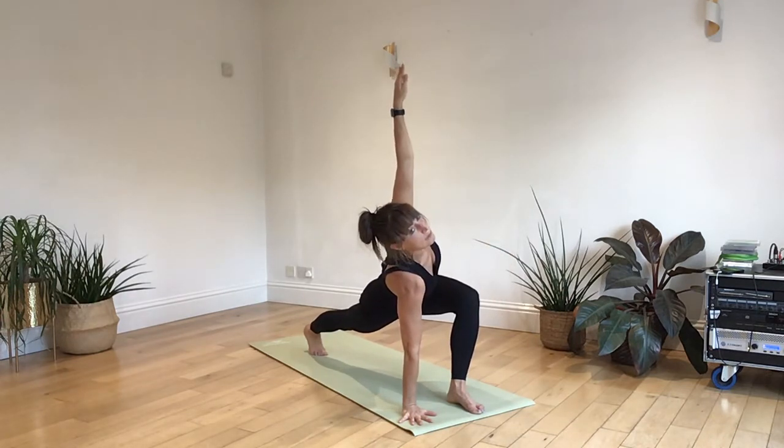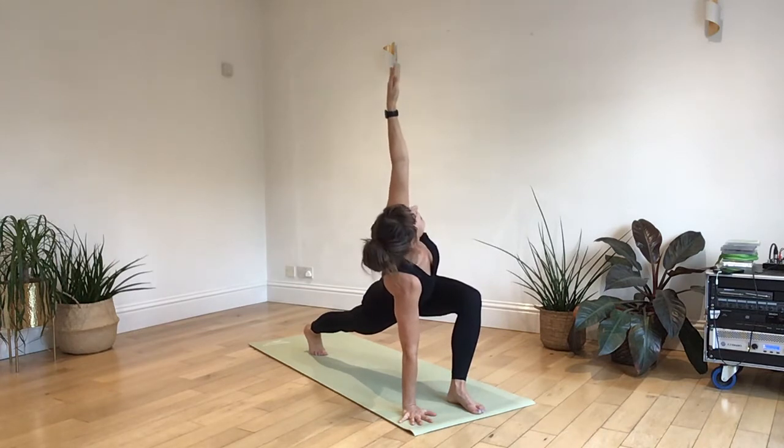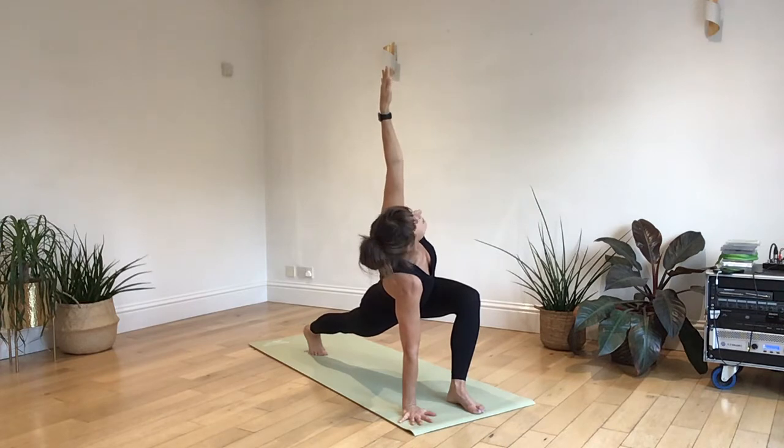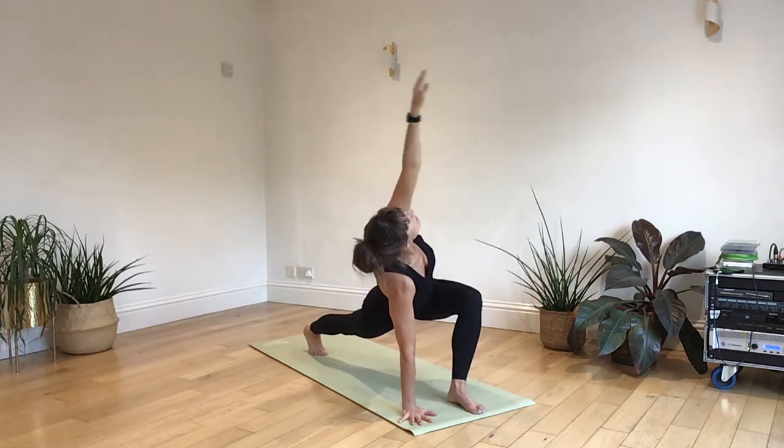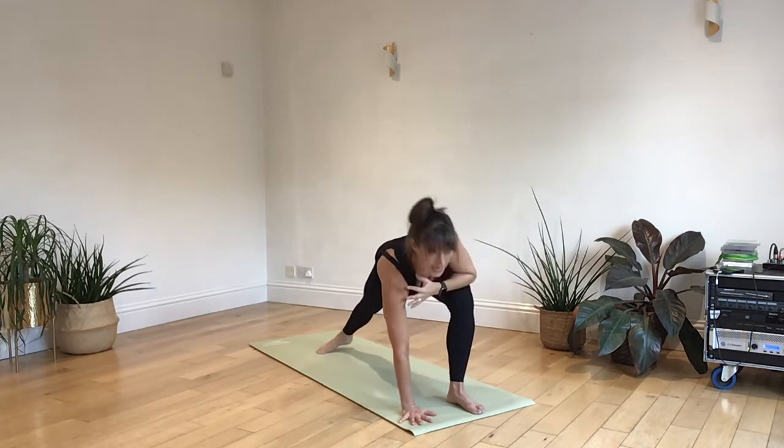So you've got your knee above the ground. Turning the body, looking up towards your hand if you can. Just a little bit of a half twist here. We're working into the stretch of the hip flexor on the left leg. And then if you just draw down your right elbow to your right knee, back heel down towards the floor,